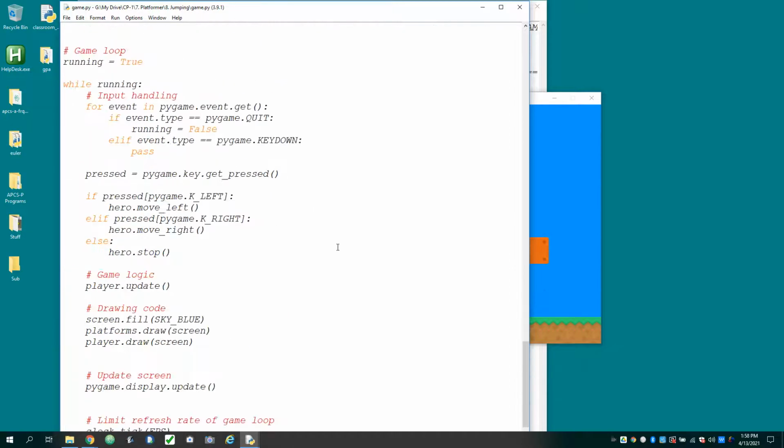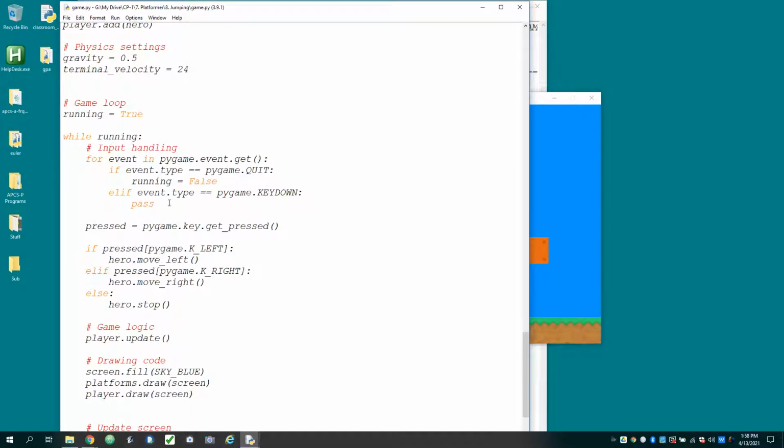And so all we really need to do is go to the controls, and we've got to decide where to put it. So the pressed keys are actions I want to occur the entire time a particular key is pressed. Jumping isn't like that. With jumping, the instant I press a key, I want the jump to happen, but I don't want the jump to occur again until I release and then repress that same key. So instead of doing my jump controls in here, I'm going to go to the key down event area and handle my jumping here. So I'm going to say if event.key equals